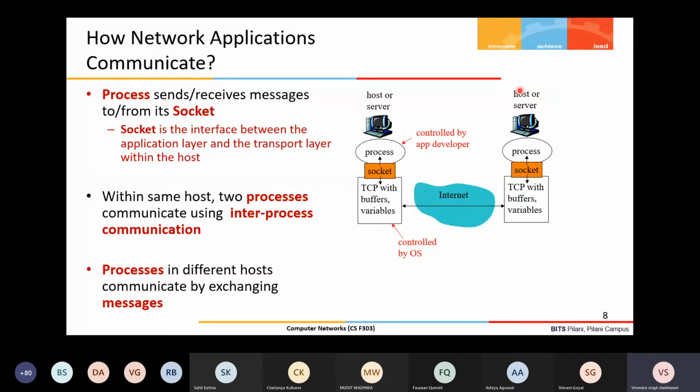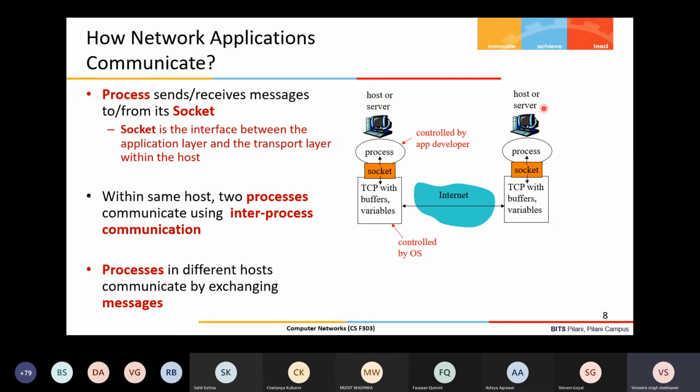Applications communicate. One part of the application is running on this side, and one part on the other side. Like a web server is running on the server side, and a web browser application like Firefox, Google Chrome, or Microsoft Edge is your client application, running on the client side. Now, in an operating system course, you might have learned, or are learning this semester, that actually the application doesn't communicate.